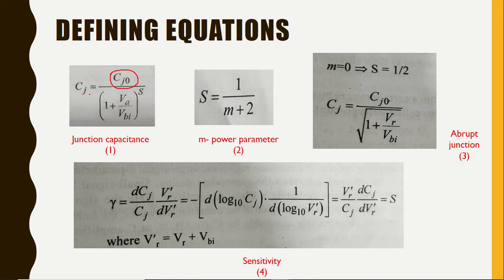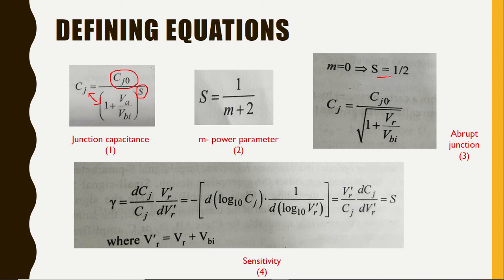Now if you see here, this capacitance and the voltage components are inversely related to each other. So by changing the voltage, if I give a very high voltage, capacitance will be small. If I give a small voltage, capacitance will be high. So by varying the voltage value, we are going to vary the capacitance, which in turn controls the frequency of oscillation of the device. And S is one of the important parameters that determines the capacitance value. S is the doping profile of the varactor diode, and it is given by 1 by m plus 2.